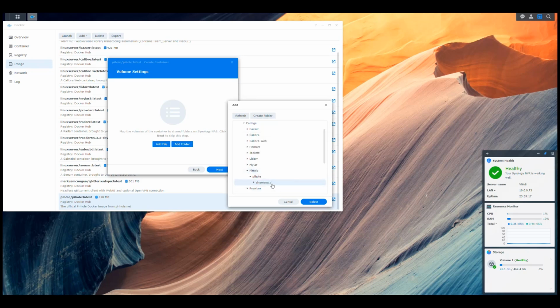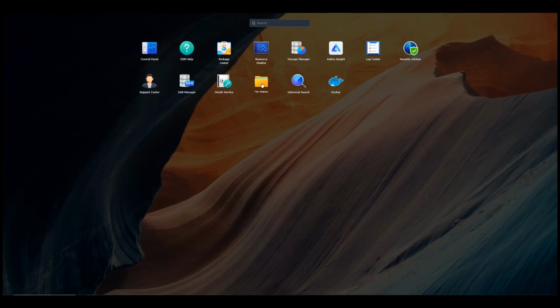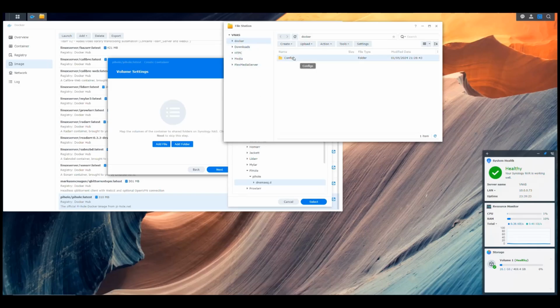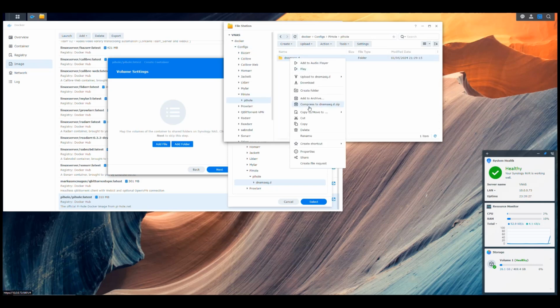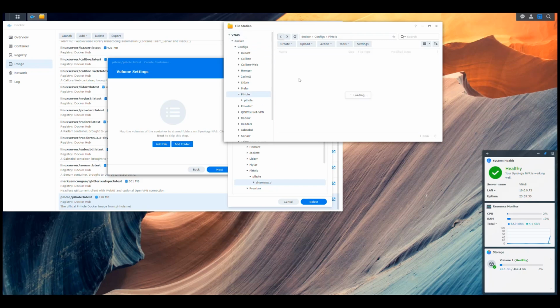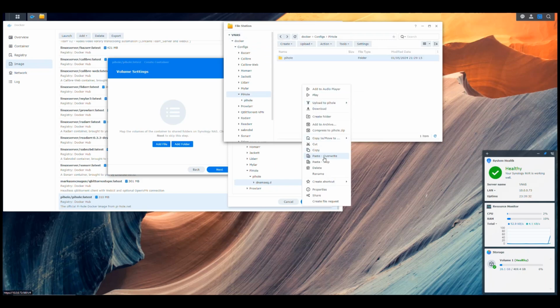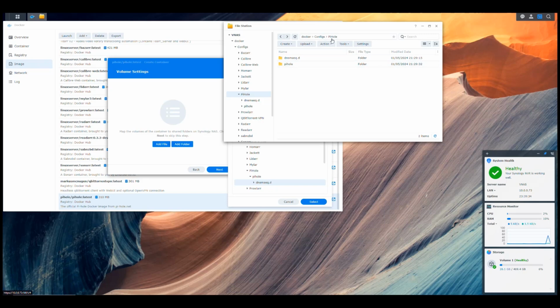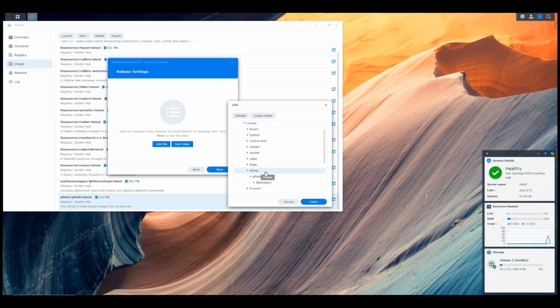Oh dear God, I put it in the wrong place. Alright, let's fix that real quickly. We go into Docker configs, PiHole, and then this one we cut it out of here, we put it back here, so we should have two folders inside PiHole. Now it makes sense. So first I'm going to select the base folder, which is the one that says PiHole,